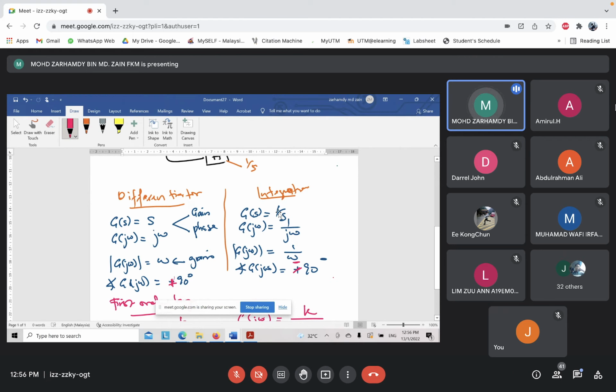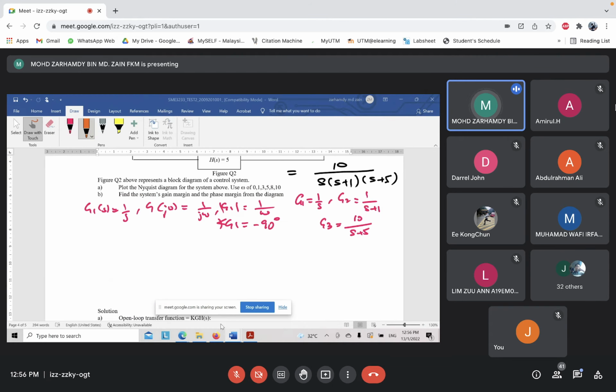Okay, so ni 1 over S is negatif. Okay, kalau S is positif. Sorry, thank you very much. Okay, alright. So kita continue. Okay, so now is integrator 1 over omega. So kita ada negatif, we have negative 90. So from